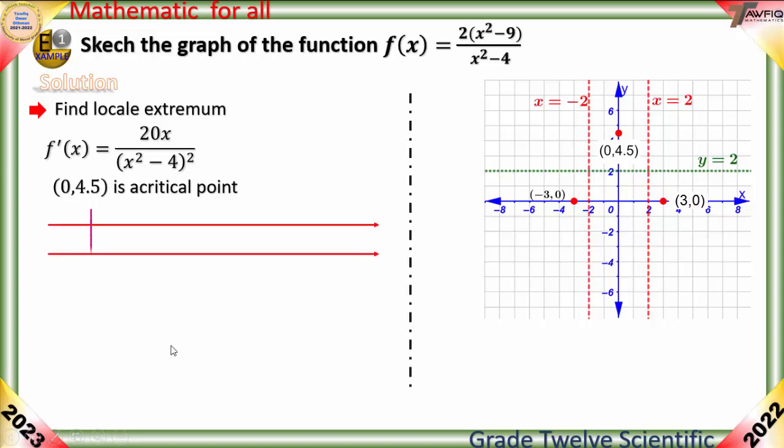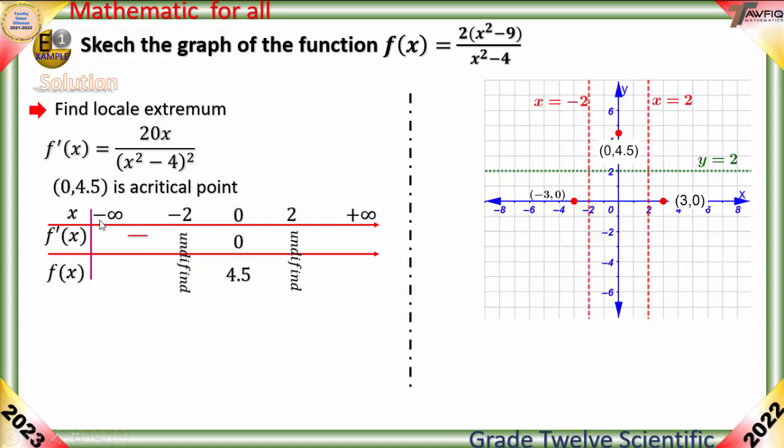And now testing this point to find the intervals of increasing and decreasing. When f prime of x is equal 0, f prime of x is 0. When x is equal minus 2 and 2, the derivative and the function are not defined. So in this